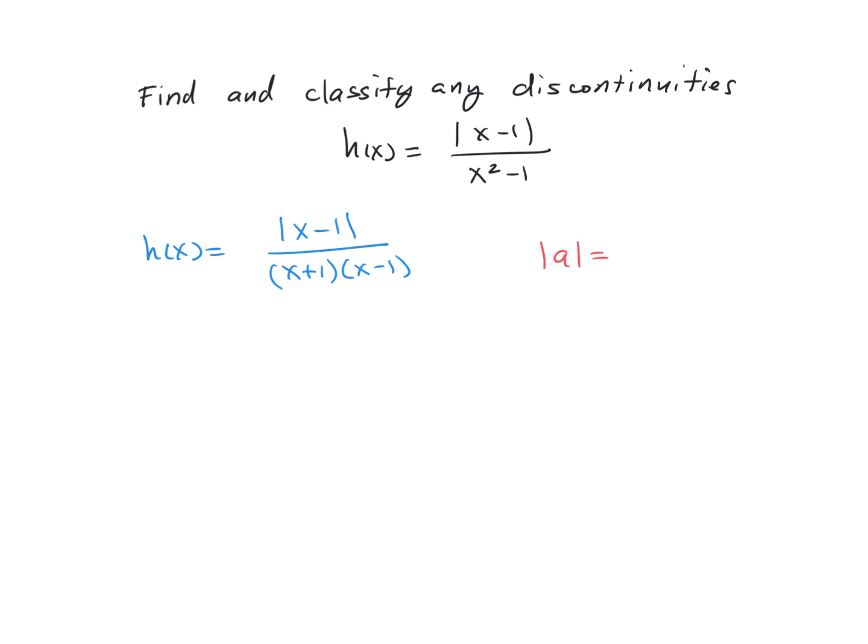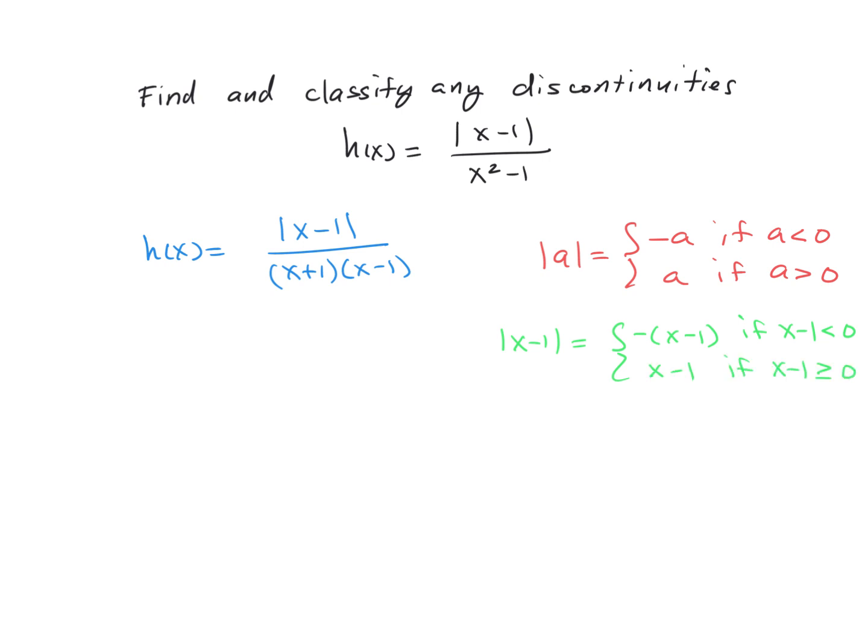The absolute value of a is equal to either -a if a is less than 0, or positive a if a is greater than 0. And so now we're going to let x minus 1 replace the a in this expression. So therefore, we know that the absolute value of x minus 1 is equal to the opposite of x minus 1 if x minus 1 is less than 0, or the original positive x minus 1 if x minus 1 is greater than or equal to 0, which tells us that the absolute value of x minus 1 is equal to the opposite of x minus 1,